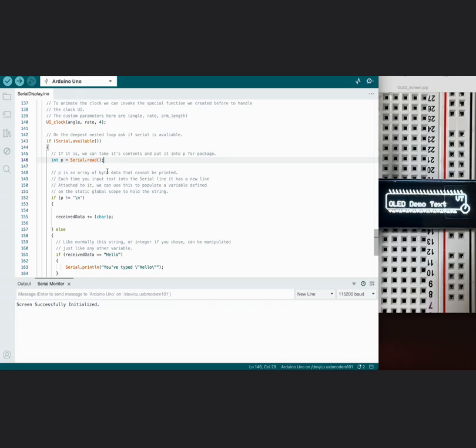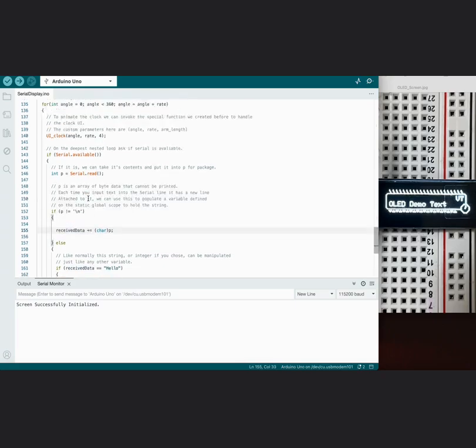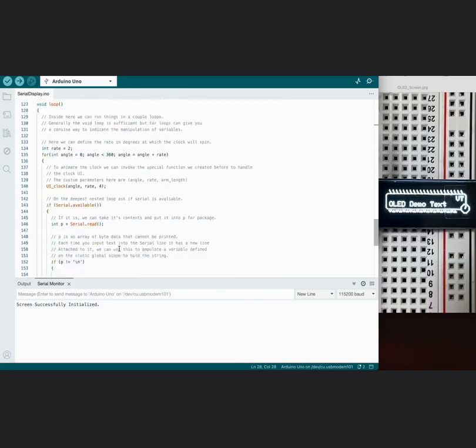You can't really read it, so you have to change it into a char. This is one of C++'s data types, so you'll just change it to a char, and you'll append it to a new variable. We've made this receive data variable as a string all the way up at the top of the program, called static string, so it's something we can access inside this